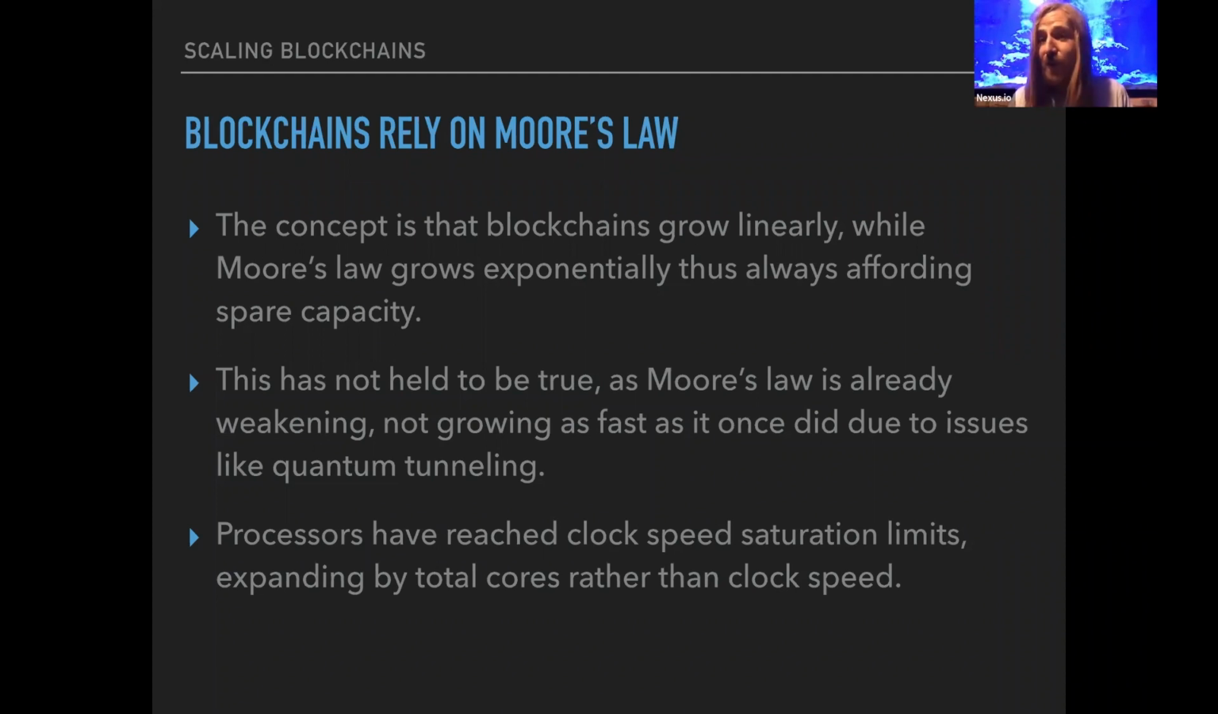Moore's law is already weakening. It's not exactly what it was said to be. It's not growing as fast as it once did due to issues like quantum tunneling. And if you haven't noticed, processors' clock speed has become somewhat saturated around 5, 6, 7 gigahertz. You don't really see clock speeds much higher than that. You just see 8 cores, 16 cores, 32 cores, because they're running into issues with the crystal oscillation and quantum